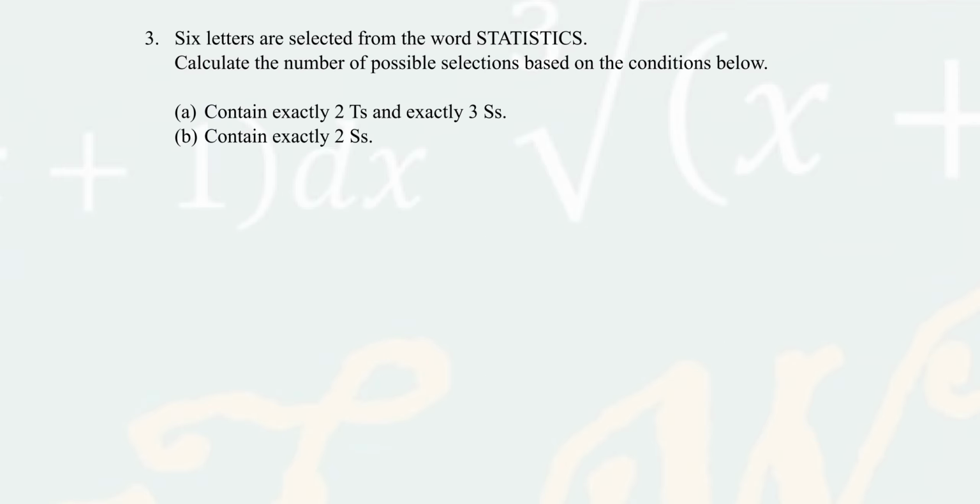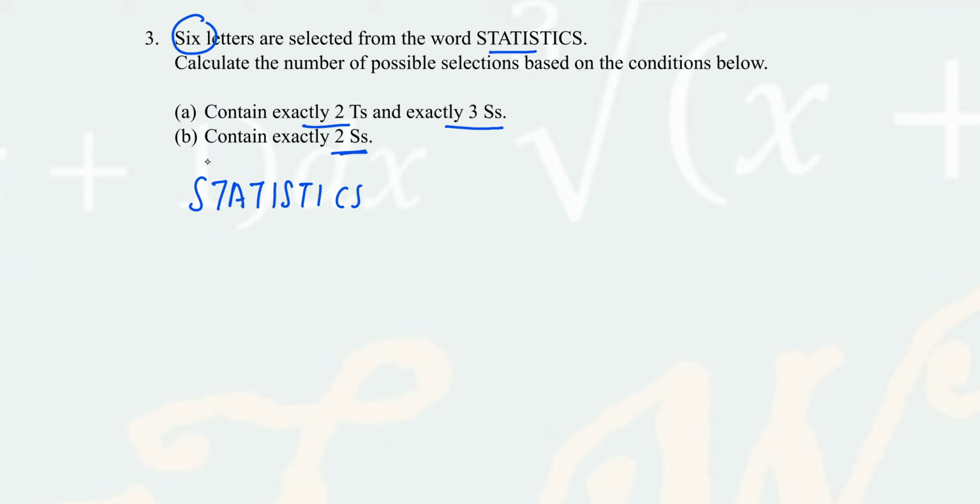Okay, next question, number 3. 6 letters are selected from the word STATISTICS. We need 6. Calculate the number of selections based on the conditions below. A: contain exactly 2 T's and exactly 3 S's. And then B: contain exactly 2 S's. Alright. So now from STATISTICS,